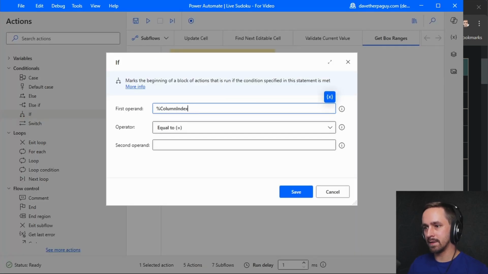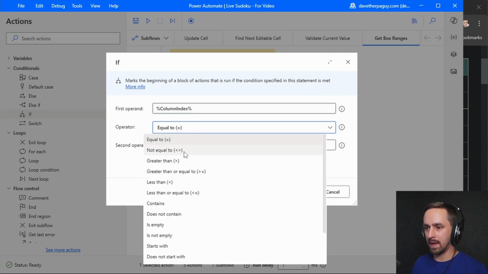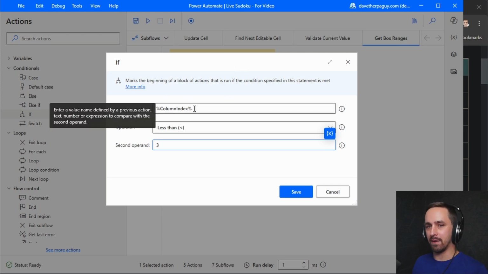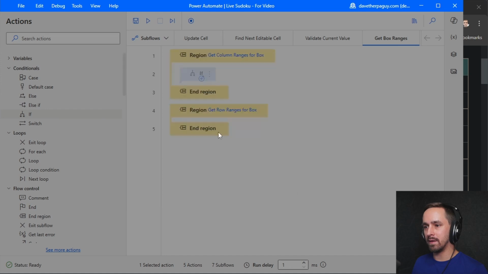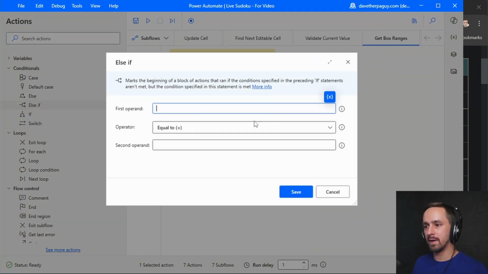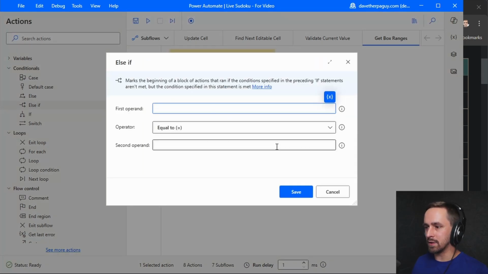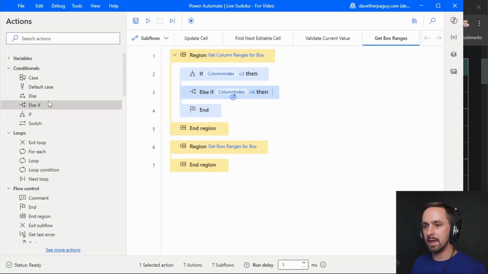column index is less than 3. Now remember that this is 0-based index. So column 1 is 0, column 2 is 1, column 3 is 2. Okay. And so if the column index we're on right now is less than 3, then we'll go into here. We want an else if column index is less than 6, then we'll go into there. And then else if, actually we can just do else. That'll make it simple. Else,